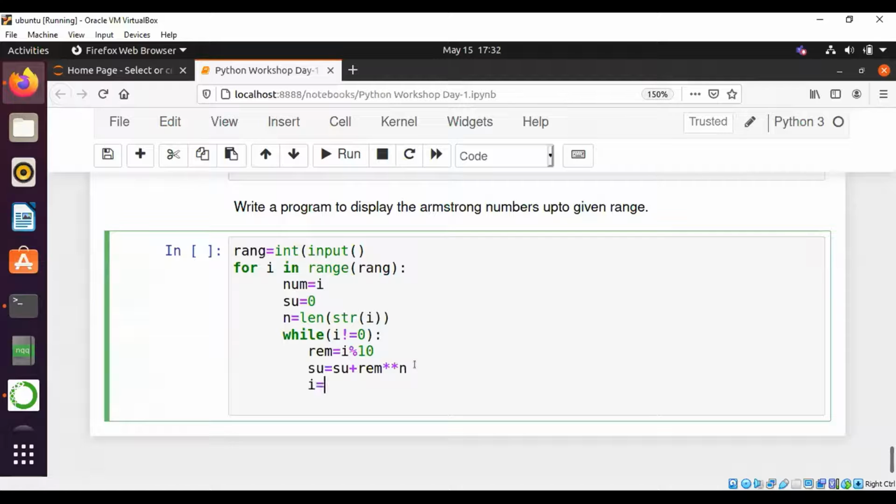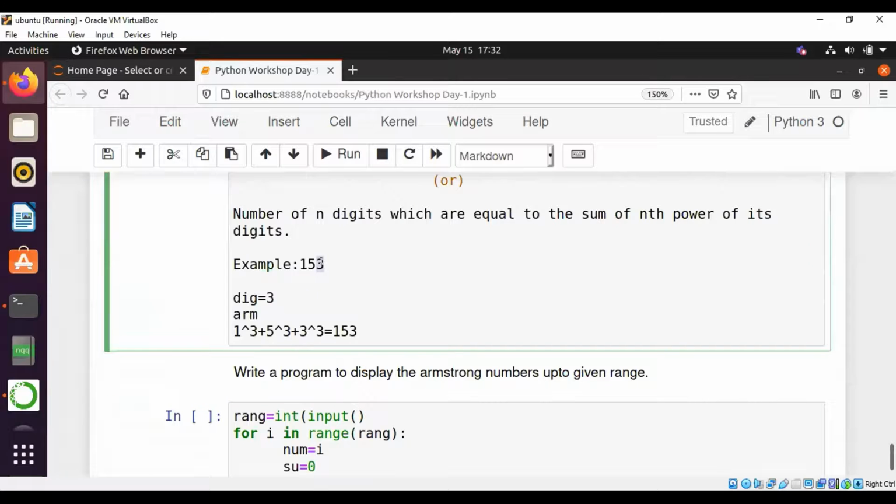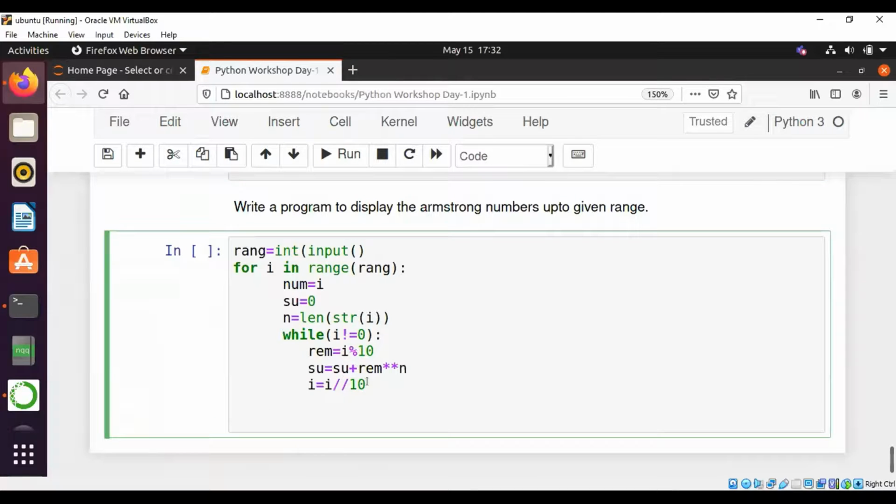So we will divide i by 10, because after completing the 3 we don't need to consider it again. So we will remove 3 and we will have this integer as 15 by dividing by 10. So the loop continues until i becomes 0.